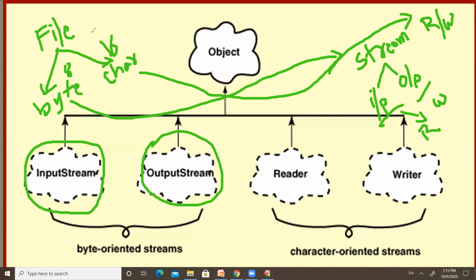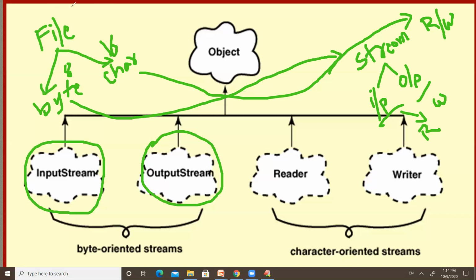Byte oriented classes read and write the data 8 bits. Character oriented classes read and write the data 16 bits. So if the class name contains stream, then it comes under byte oriented classes. And if the name contains reader or writer, it comes under character oriented classes.